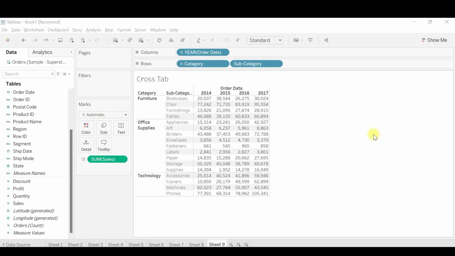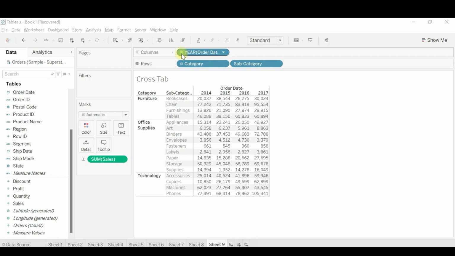Now as you see, category and subcategory is a hierarchy. Parallel to this, we are considering the order date, and as we have seen in the previous visuals, it is again a hierarchy, as we can see a plus sign here.